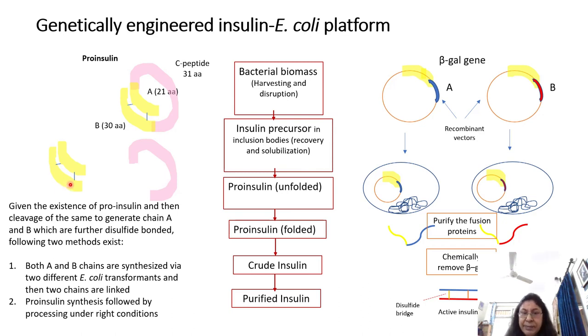So in the first method, where you have, for example, proinsulin being cloned, essentially if you are going to use E. coli as a platform, you can imagine that you have an entire gene which is coding for this particular proinsulin that is going to be cloned into a vector. This recombinant vector is now transformed into an E. coli cell, and